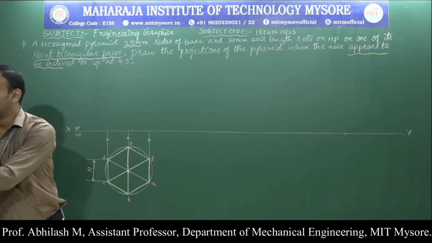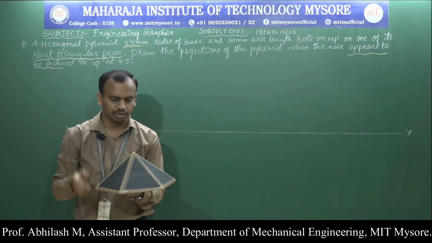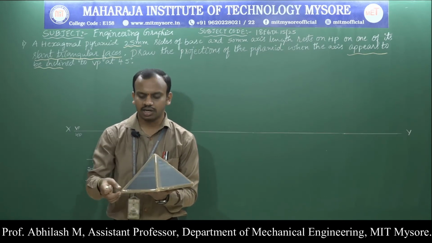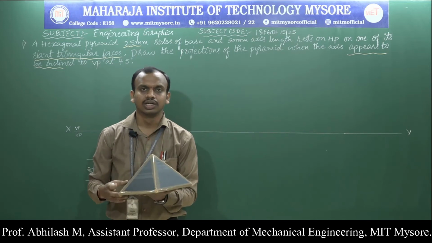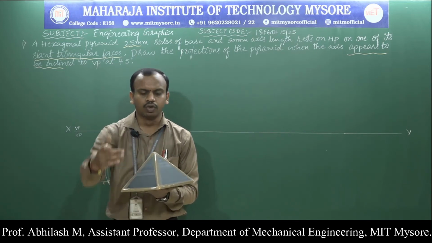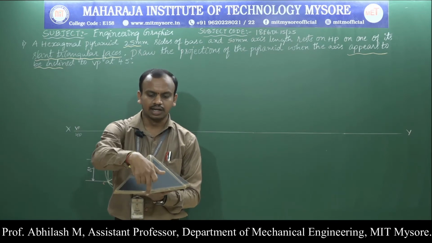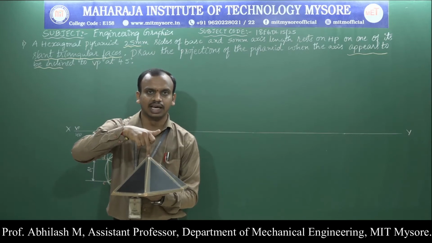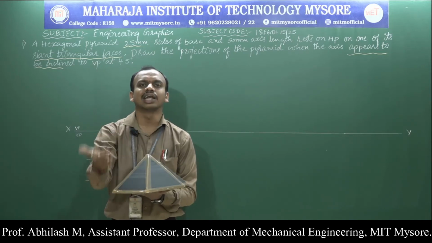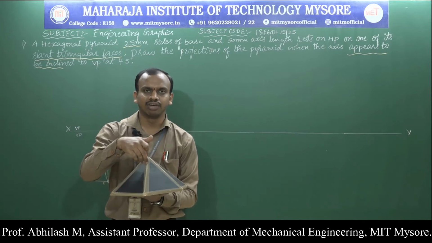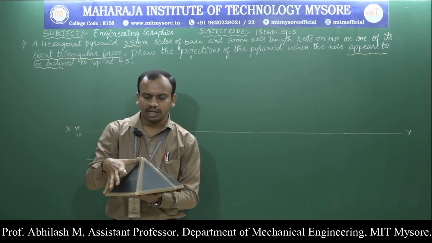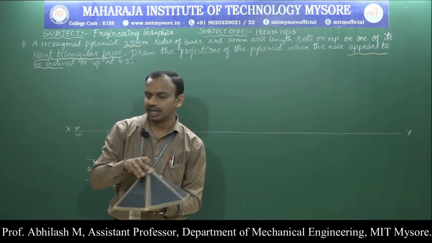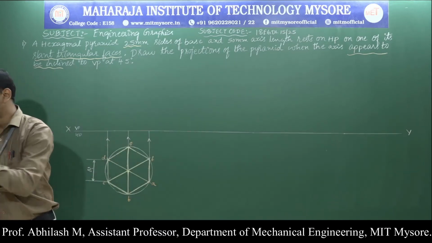Now when we are supposed to draw the front view, a few things become important. What is the axis length they have given? They have given the axis length to be 50 millimeter, and what is the condition they have stated? They have stated to rest it on a slant triangular face. So when you look from the front view, the diagonal is overlapping the axis. So you need not draw the axis line here, and this particular edge is clearly visible. So it's a thick line that we are supposed to draw along with the other two edges, and you can also clearly see the base.